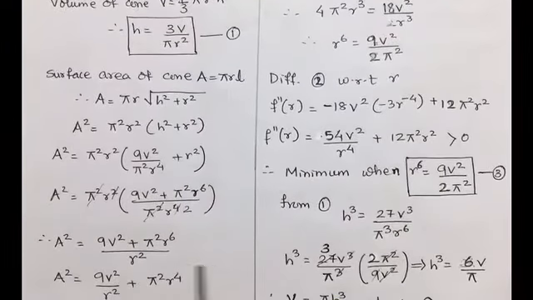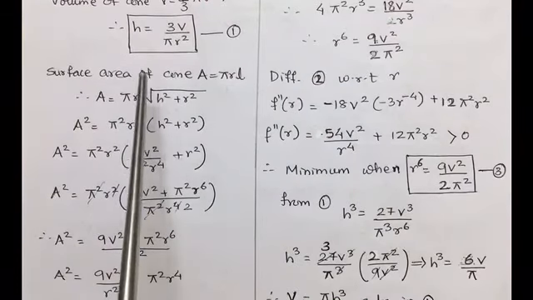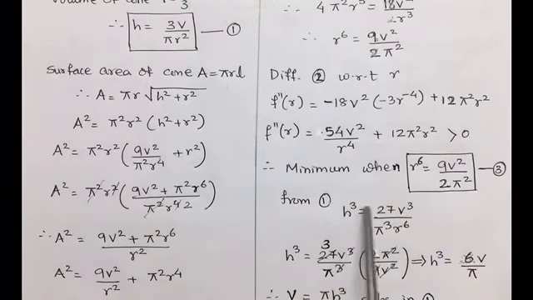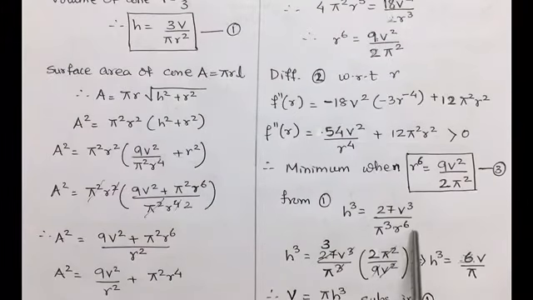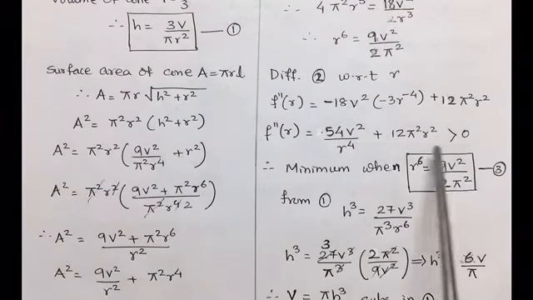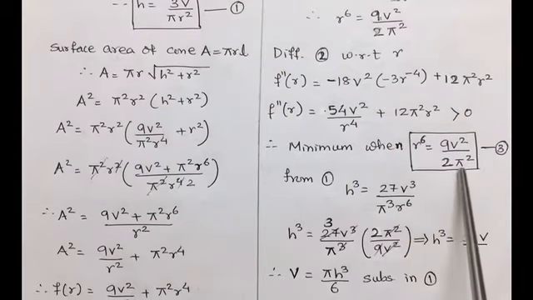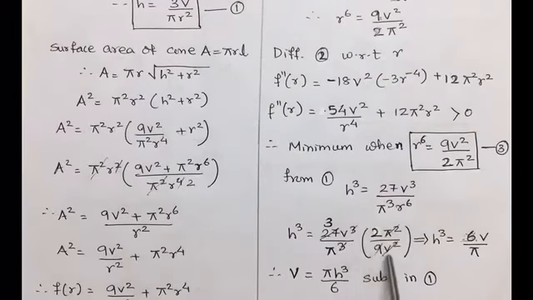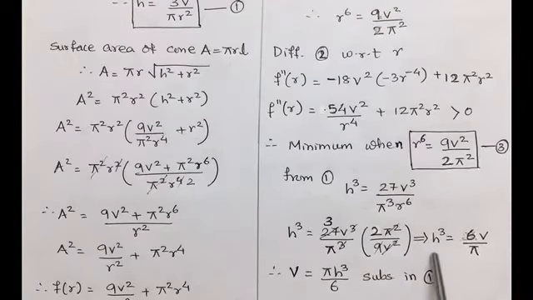Now we will take up the h statement and make a cube of it. The reason why it is to be made cube is because r square is there. If you cube it, it becomes r raised to 6. Now r raised to 6 value we directly have. So taking it up as r raised to 6 and substituting the value of r raised to 6 in h cube and calculating it, we get h cube is equal to 6v upon pi.